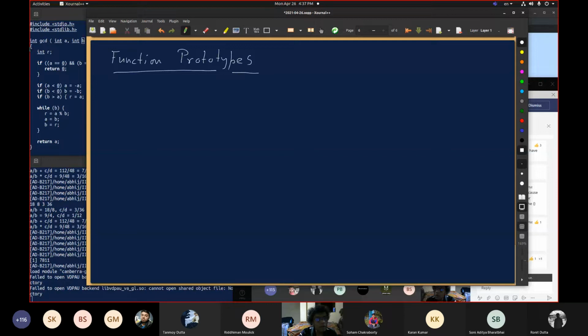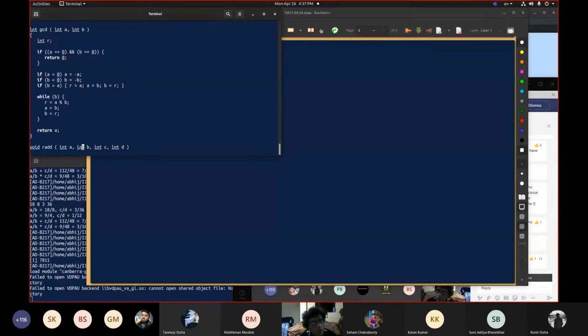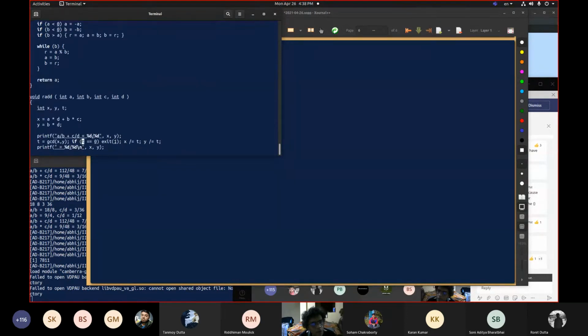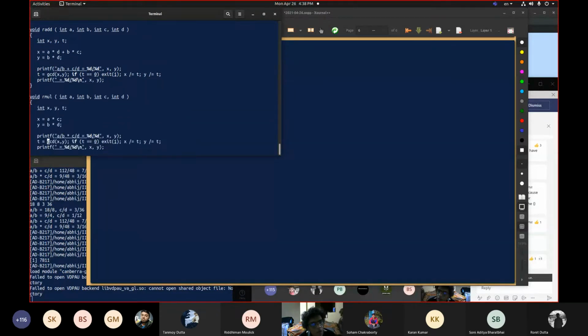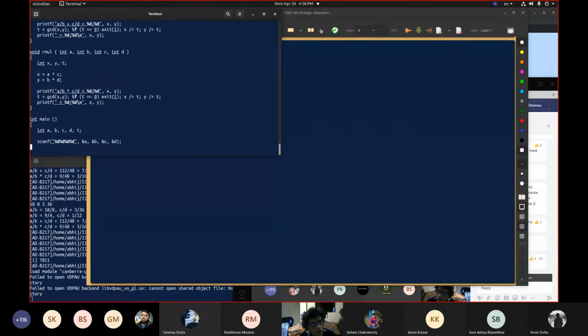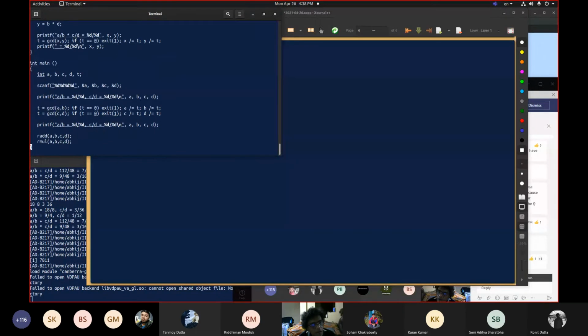If you look at this code, I have defined GCD before I have used it. And here also I have used it, but this is strictly after the definition of the GCD function. Here also you see that radd and rmal are defined earlier. So what happens